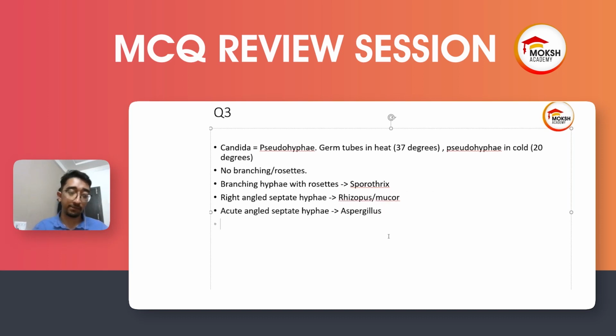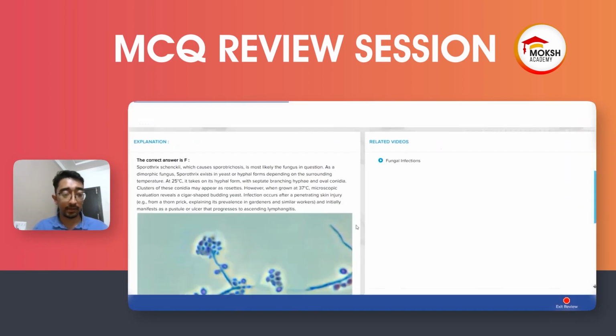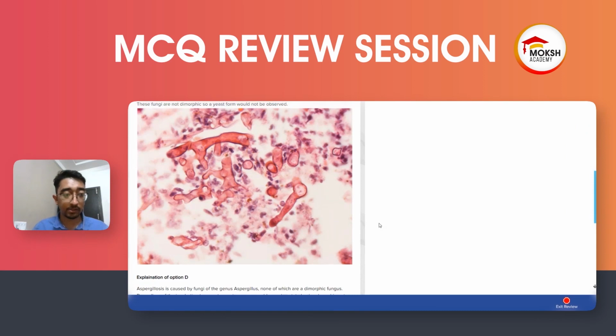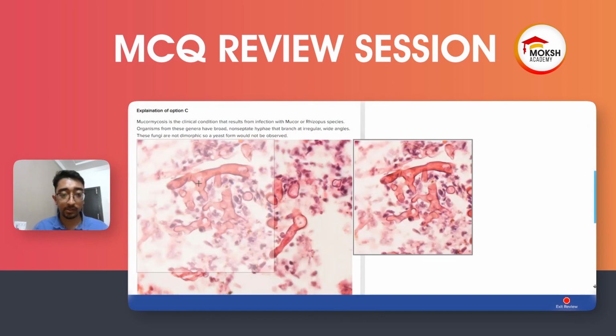And most of the time they ask you to differentiate between these two. They'll give you a histological picture and ask which one it is, and the options will have both Rhizopus and Aspergillus. By looking at the histological picture, you should be able to identify, okay, this is right angle, this is acute angle, and then make the diagnosis. Right, look at this. This is mucormycosis. So look at this 90 degrees